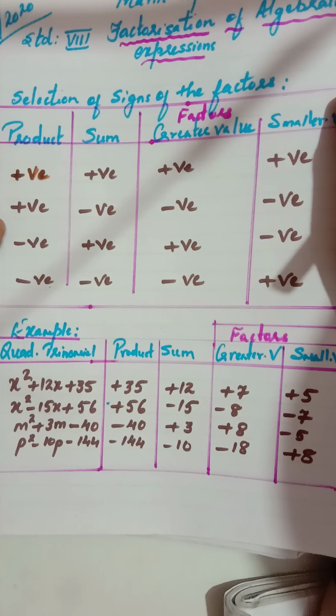But before that, children, I have prepared a table for you, because many times I have seen that children get confused about which factor to take positive and which negative, which number to take positive, a bigger number or a smaller number. So for a better understanding, I have prepared a table. You will draw this table in your classwork book. First I will read it out, then with the help of an example I will explain what this table is indicating.